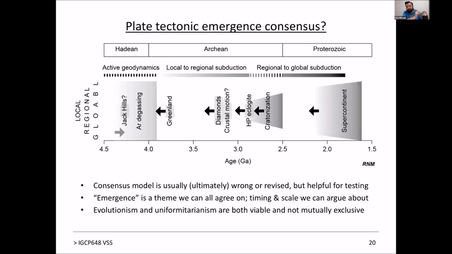Definition, I have local to regional to global. If you're specific about what your data actually inform, if Alan Nutman has evidence from Greenland, he's proving uniformitarianism, but he's proving it for Greenland. Okay, if you have diamonds from 5 cratons, you are getting more regional, but it's still not global. But once you're getting to Archean cratonization, which is nearly global to definitely supercontinent,